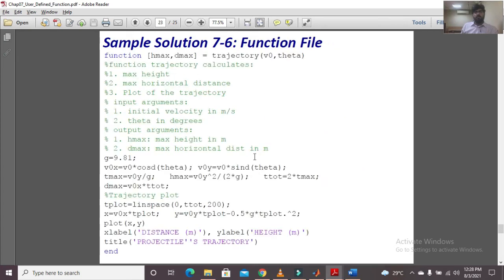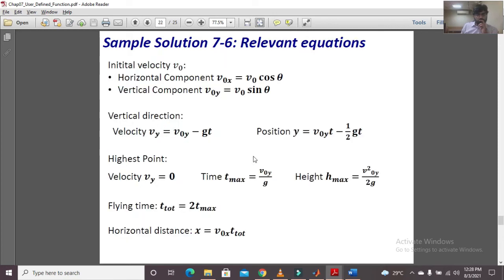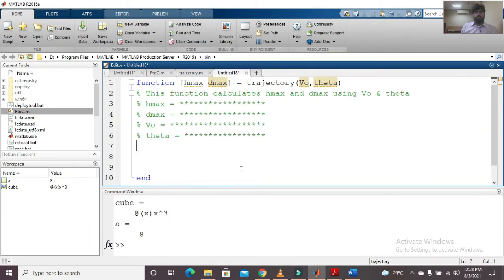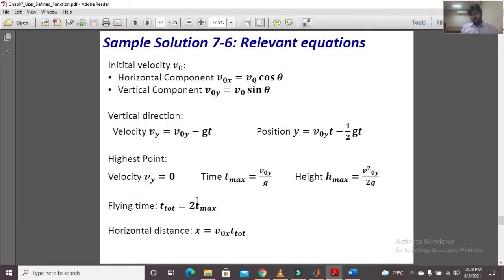Okay, now moving forward. Looking at these formulas, we basically want to calculate the total time, maximum time, maximum height, and the distance, obviously.